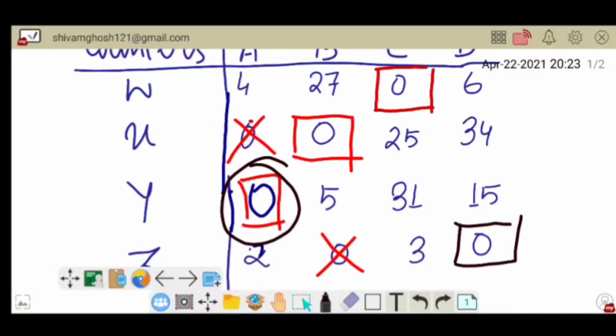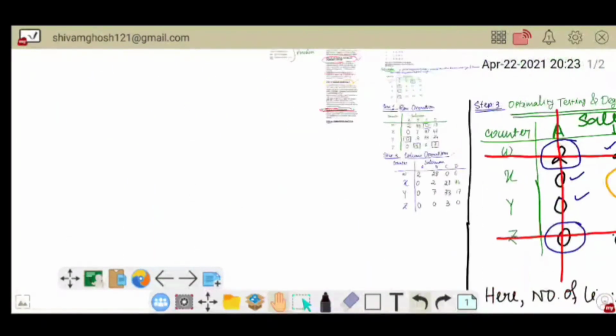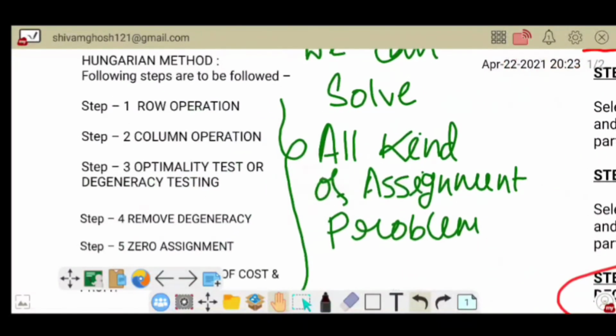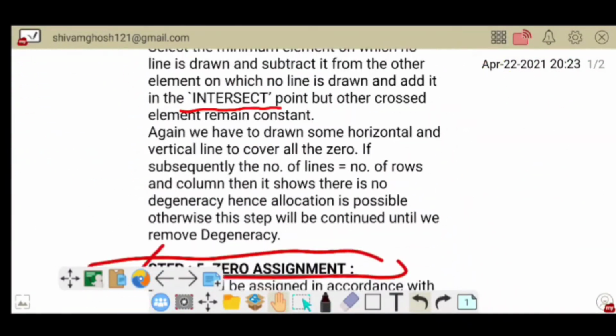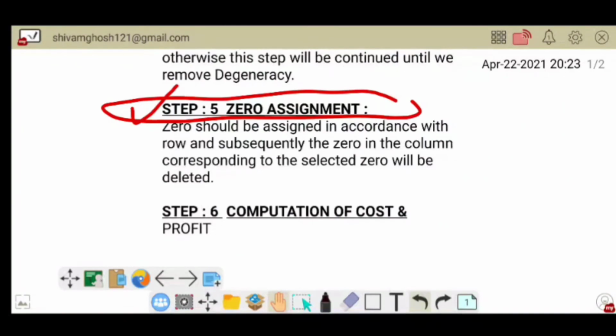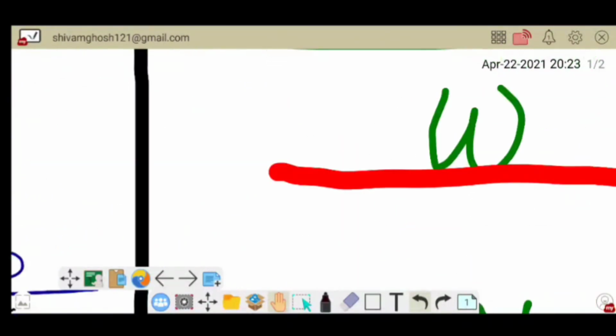Okay. So this is the method to select the 0. We have to select 0 in a proper way to not harm other rows' 0. So in that way we can write it down here in step 6. So if there is anything written more in step 5, no, there is no more step 5. So now we will compute step 6. So how we will compute in step 6?